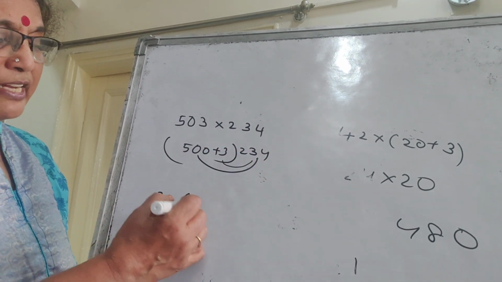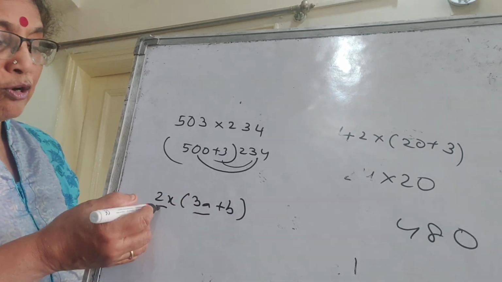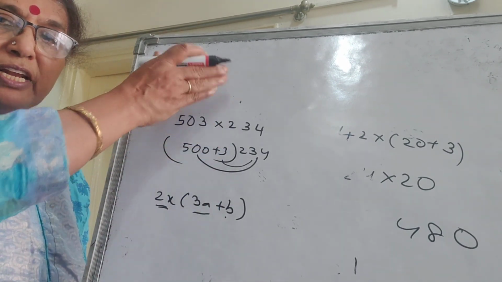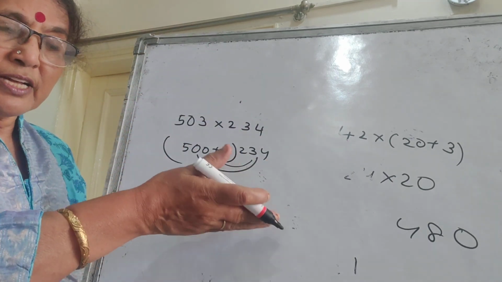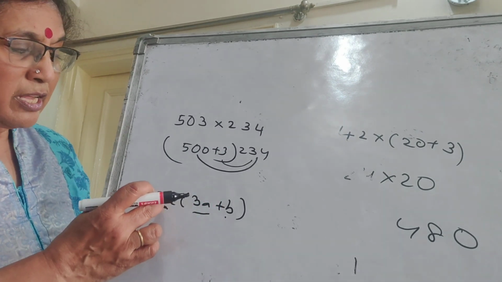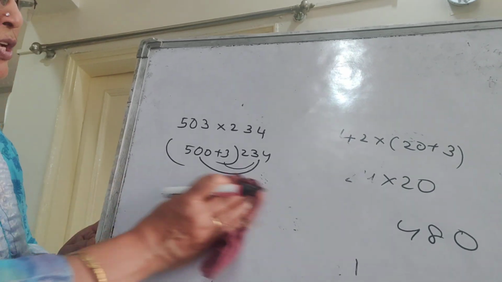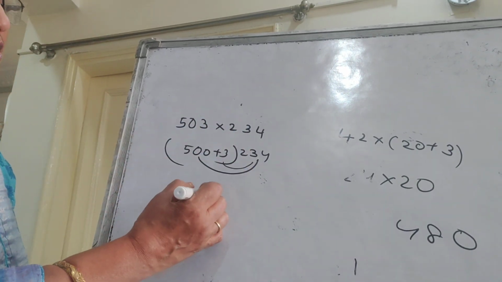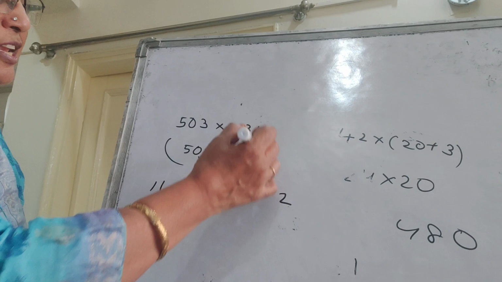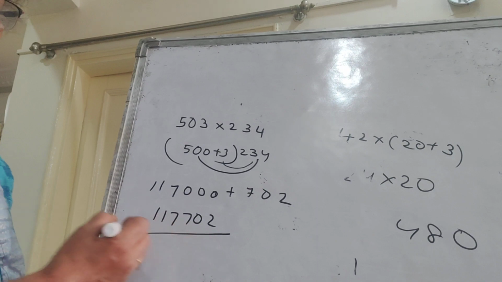Just like when I do 2x into 3a plus b, the child has to know he has to do 2x into 3a, 2x into b and add the answers. Correlation. This is what I mean by correlation. From lower classes to higher class, the same multiplication, and then putting it in algebra application, that it is not 6xa plus b, it is both have to be multiplied. So here I do 500 into this, so I'll put 2 zeros, 5 4s are 20, carry 2, 17, carry 1, 11, and plus 3 times is 12, carry 1, 9, 10, carry 1, 7. So it is 117702, so easy.